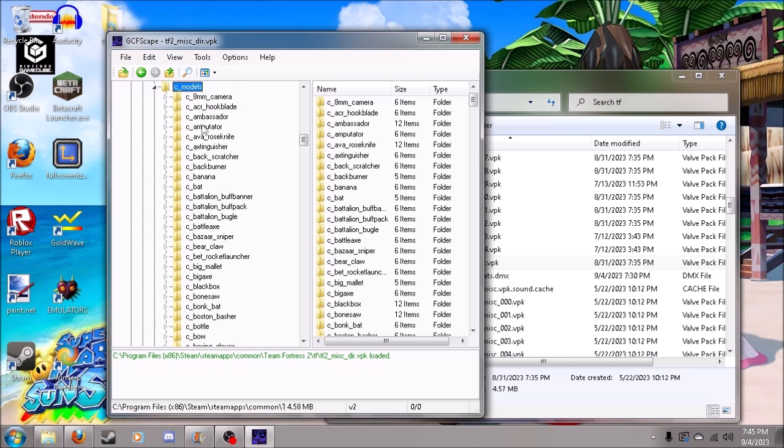Find whatever weapon it is that the skin goes over, take that, and decompile it the same way you would decompile a custom model. What it's doing there is not changing the model, but changing the texture the model uses. So the model recalls a different texture, but it's the same model. So it's like a custom model, but it's the same model. You get what I'm saying, so just do that if it's a skin and not a